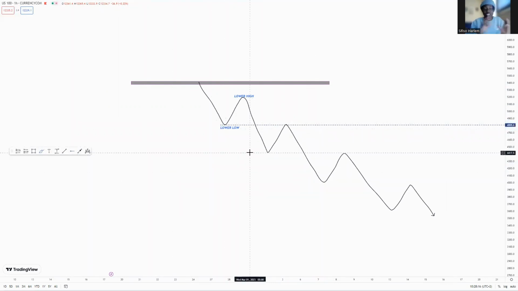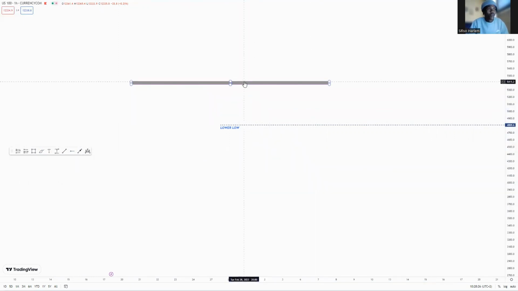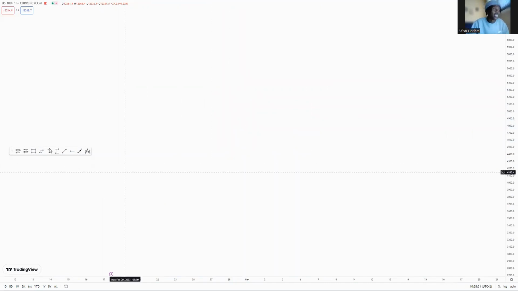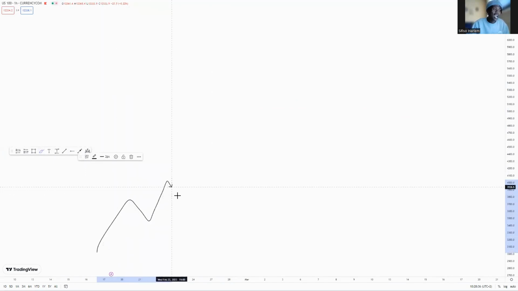So this is how I explain the lower low and the lower high. It's more like how I explain the higher high and the higher low. So I won't waste time on the bear behavior or the bear structure. But the only thing I need you people to understand is once price prints out a higher high and a higher low and continues with a higher high and a higher low, just know that we are in a bullish structure, or we are in a bullish market, or we are having a bullish behavior. You feel me, people? Anticipate what? Continuation trades to the upside,